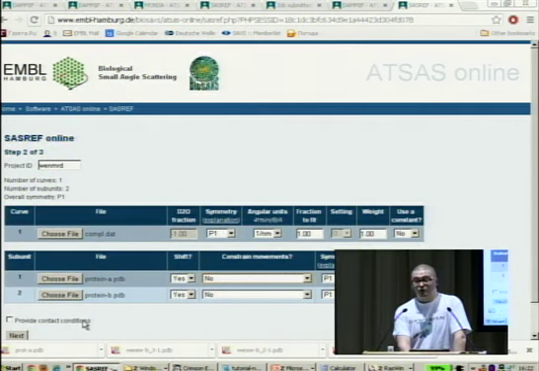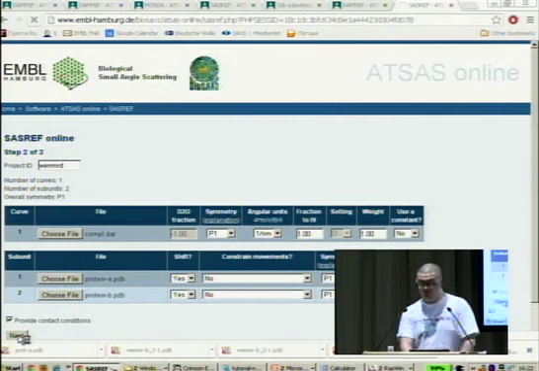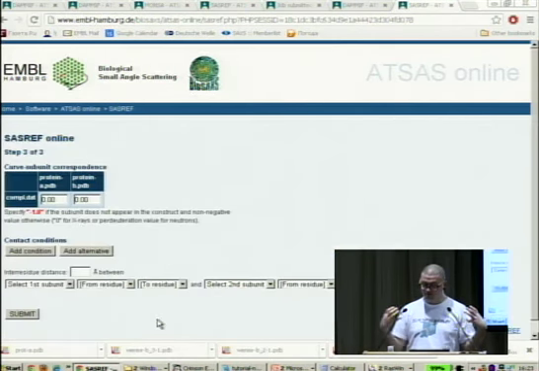So, and we could provide some contact conditions. So let's do that. However, in our case, we pretend that we do not know any contact conditions, so we do not know how the files are interconnected. So here's a curve subunit correspondence. That's again for cases where you have many subunits and many curves from the subcomplexes. Here we just leave it 0. And let's look what the